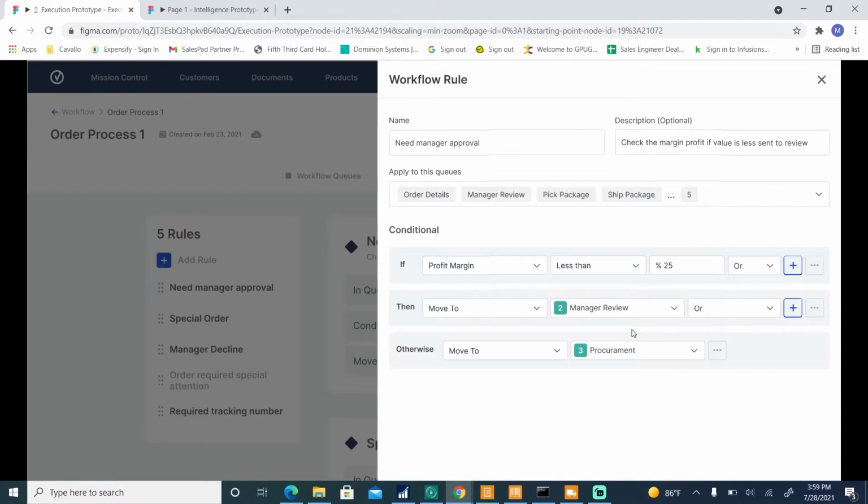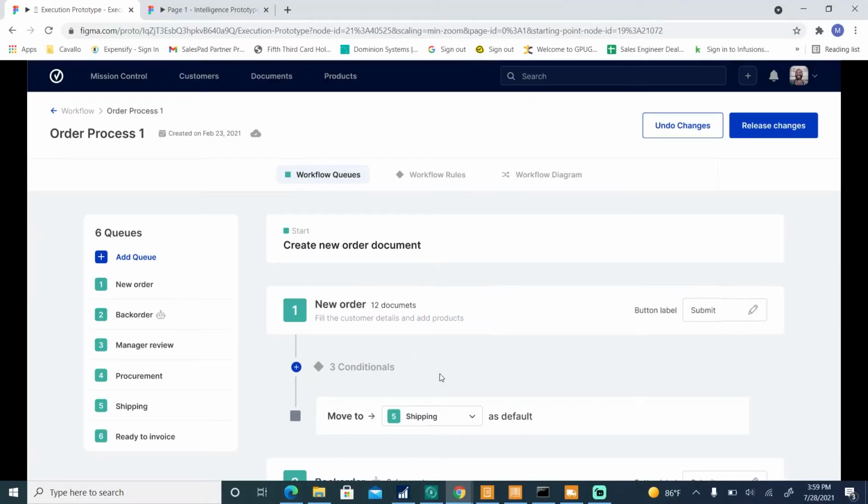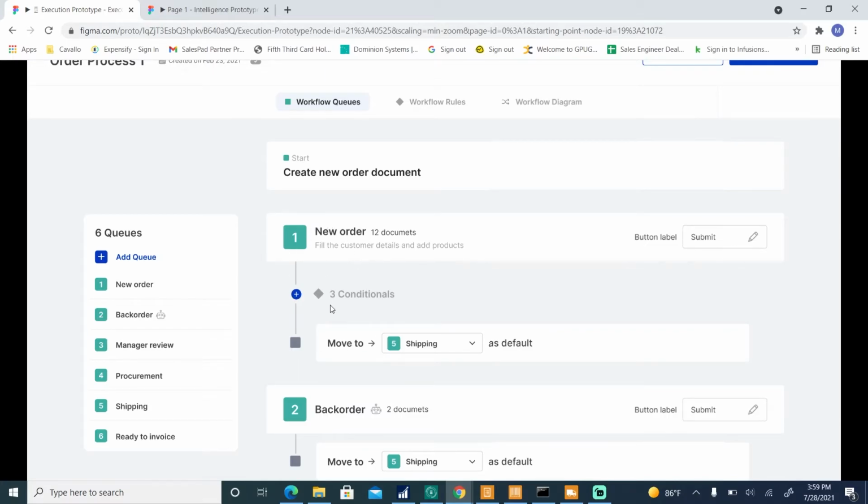And so that is where you sort of govern or set up the criteria that's going to govern the flow of documents through your process. So that's what a workflow rule would look like. And so as you're building out your workflow, you can add your queues, and then you can map out what are the different conditions, what are you going to move to as a default, and then your conditions would kind of override that default. So if you're familiar with SalesPad's desktop product, this is the workflow setup screen,